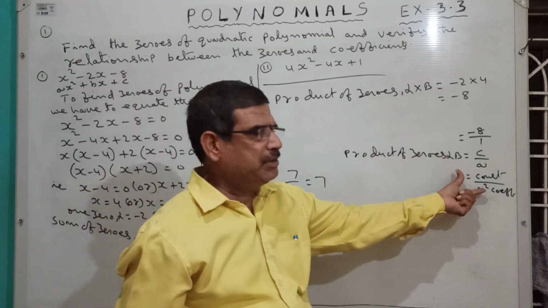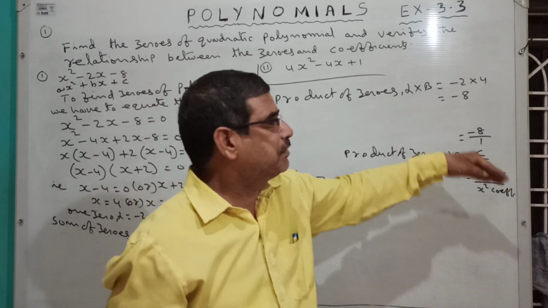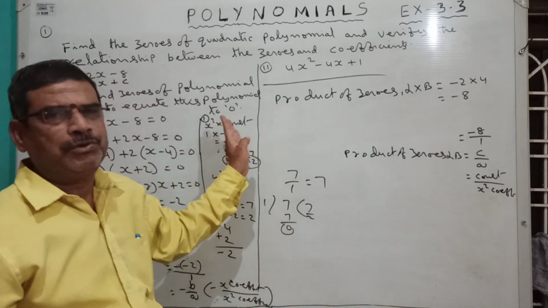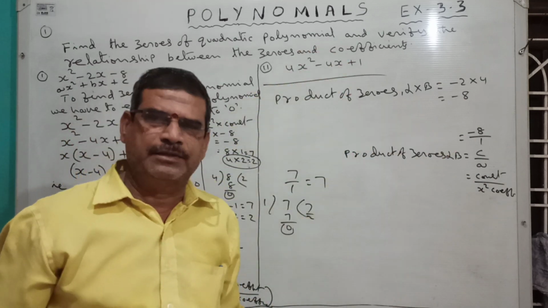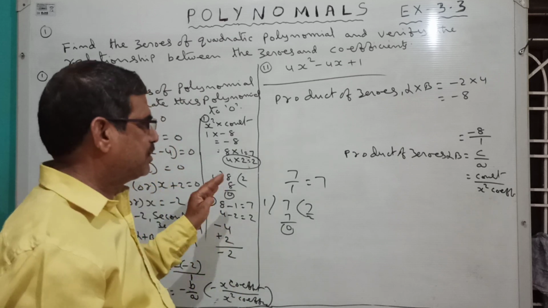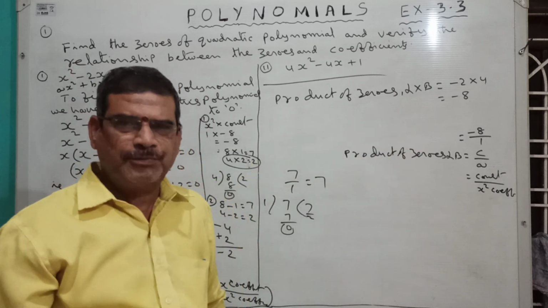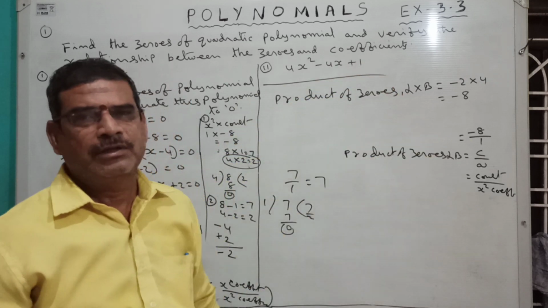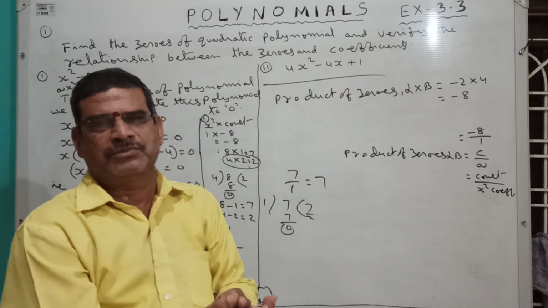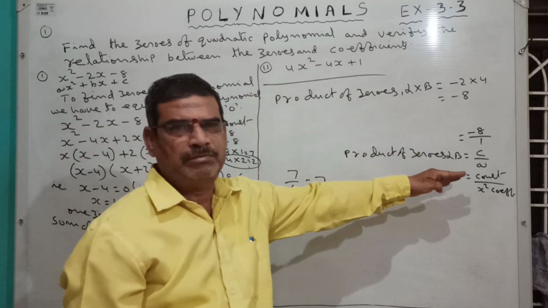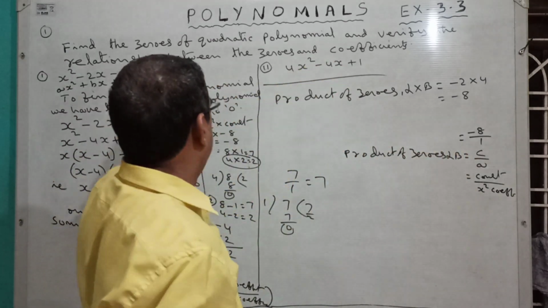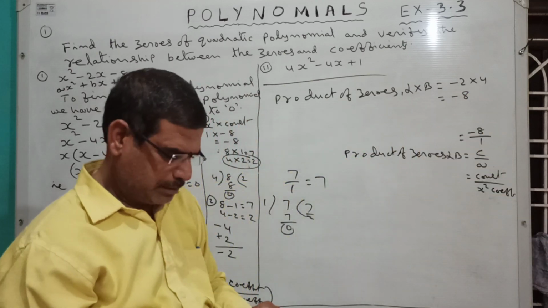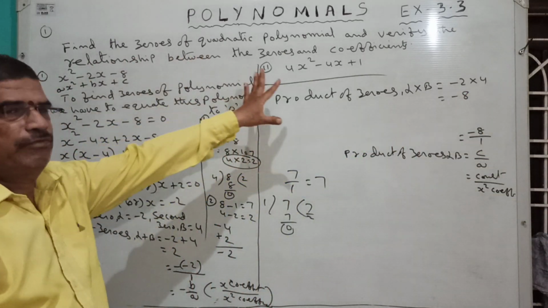You have to write these workings in rough work. This is one of the parts. After doing 2 or 3 sums, you can understand directly. In basic classes, you have to do it like this. After that, you can easily understand. So in the next step, what do I have to write? I have to find the relation between them. So to find the relation, I have to get minus b by a or c by a. Okay? So this is the first question.